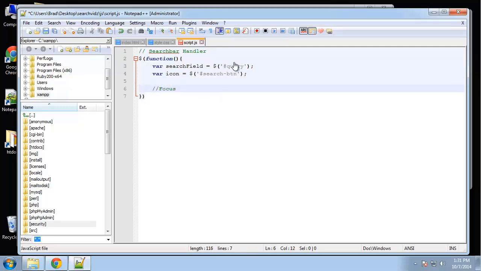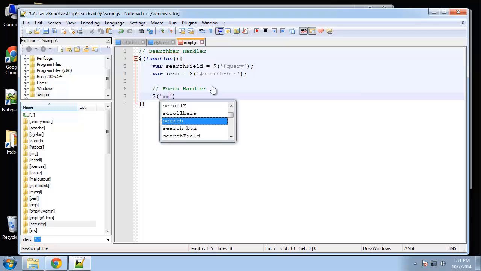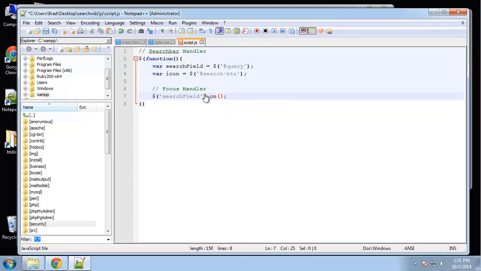Alright, so focus handler, okay, so we're going to grab the search field. Okay, so this is this icon here, and then we're going to say dot on. We're going to use the on method, and the event that we want is the focus event. Okay, so on focus we want to run a function. Alright, and we're going to say this. Okay, this meaning the search input box,